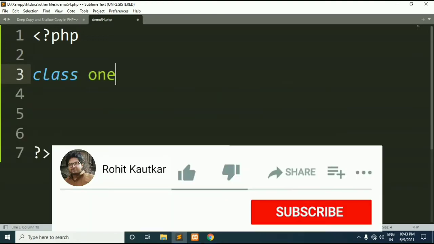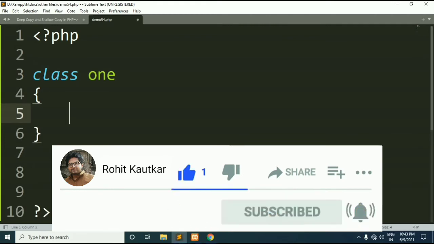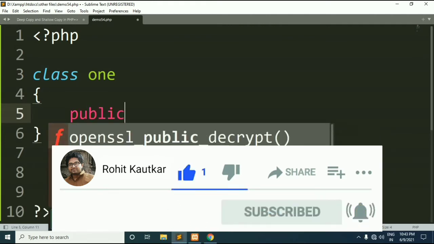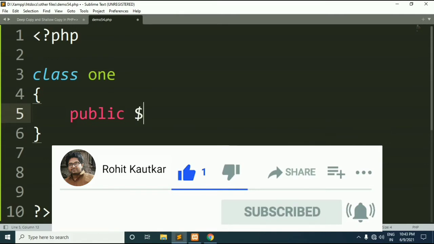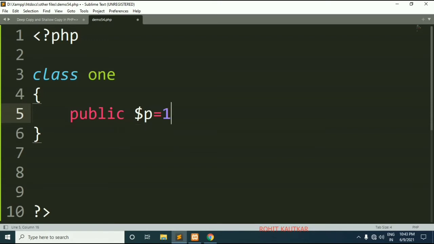First of all, let's say class1, and now within this class I will create one property, a member variable, let's say p, and I will initialize it with a certain value, let's say 100. Only one property I have within class1.